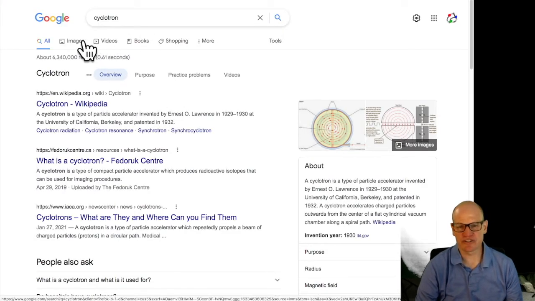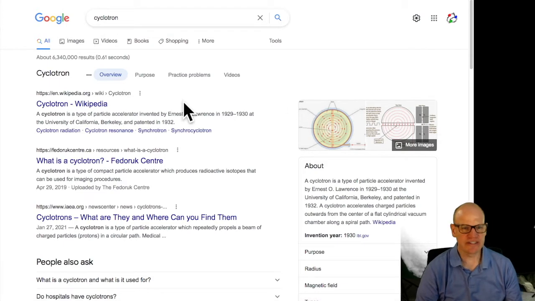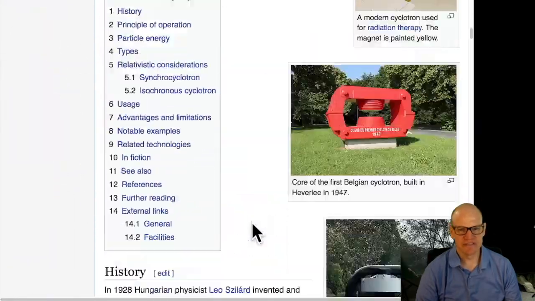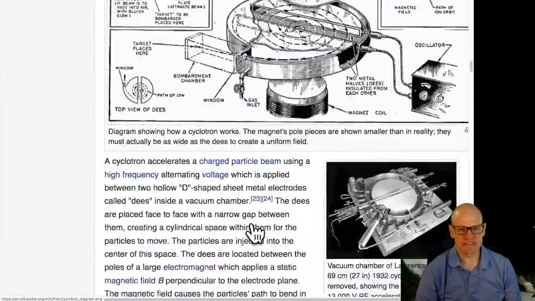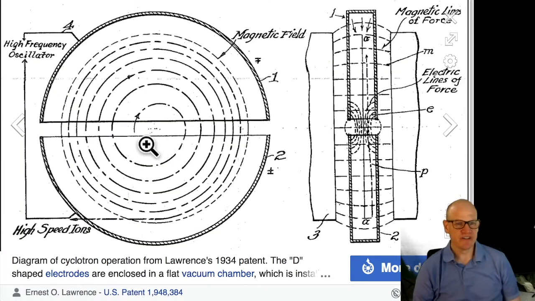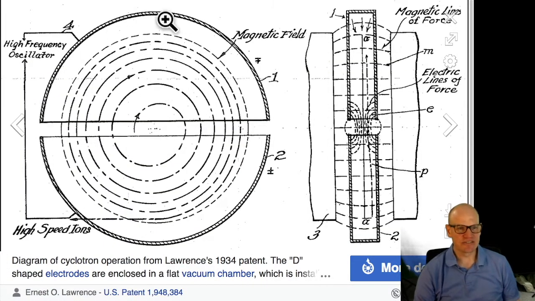The idea of a cyclotron is you have an alternating electric field and a magnetic field. Okay, let's see. This is probably the best example of a picture. So you have these two, they're called Ds. So here's these two Ds, they're separated from each other, and then you run an electric field across this part